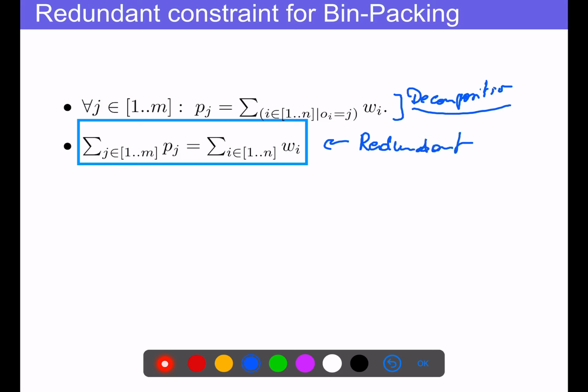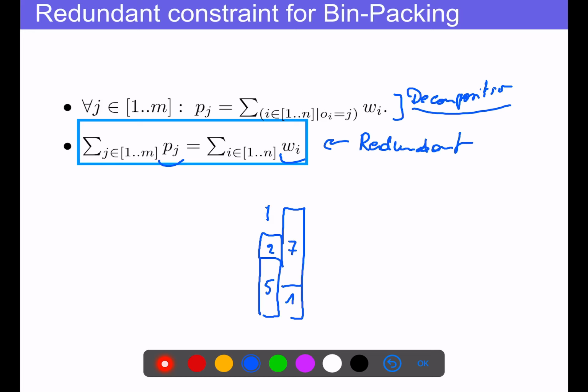The redundant constraint will simply state that the total height of the bins is equal to the total load of the items that you will place in these bins. So what it tells you is that if you have, for instance, two bins like this, assume that this is 8, this is 2, this is 7, and this is, let's say, 1.